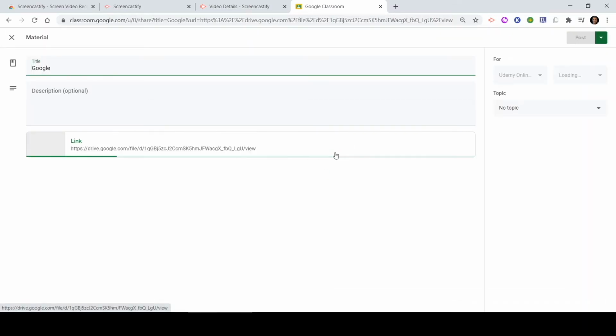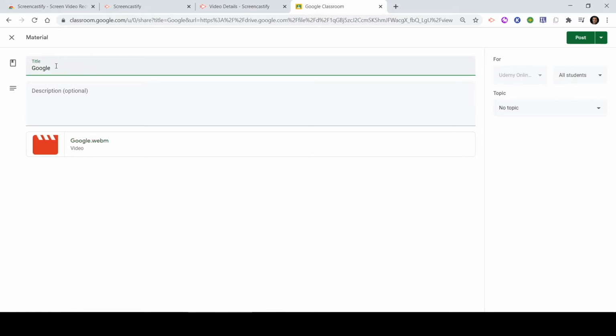So what it will do, it will directly open one of the material, and it will add a dummy title which you can change, and it already included that particular video in that material. If you wanted to share a quick video with all of your students, this particular extension can be very, very helpful. You can add required things here.